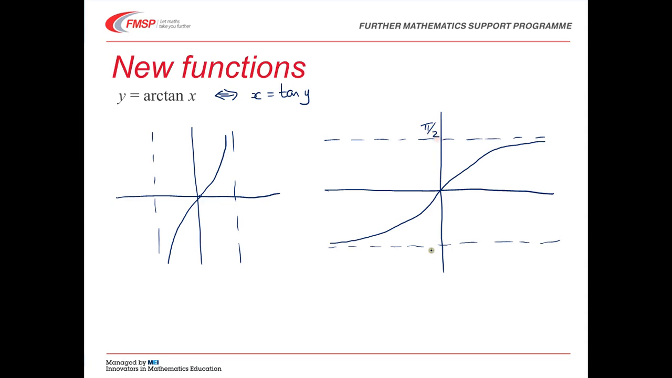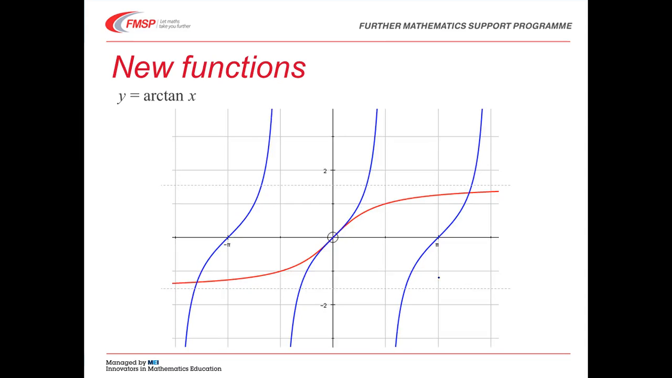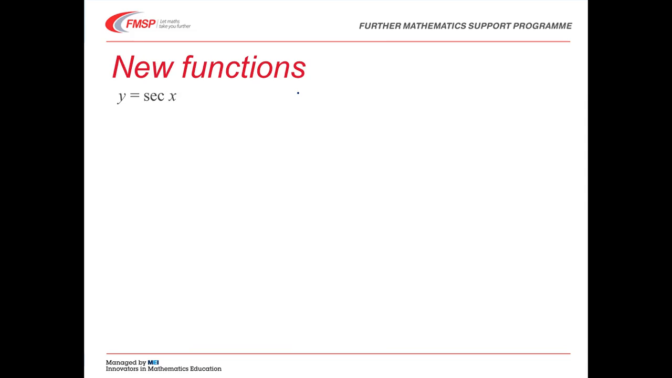Horizontal asymptotes at pi over 2 and minus pi over 2. But this one has the full domain of the whole set of real numbers. There we go, asymptotes drawn in but not labelled, so let's get those labelled. The red line is arctan and the blue line is tan. Okay,